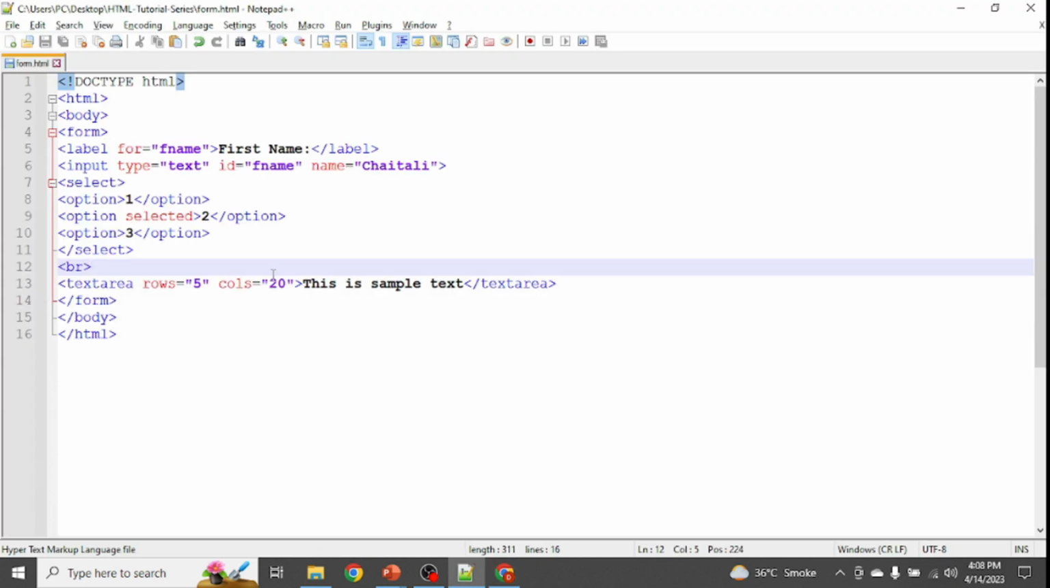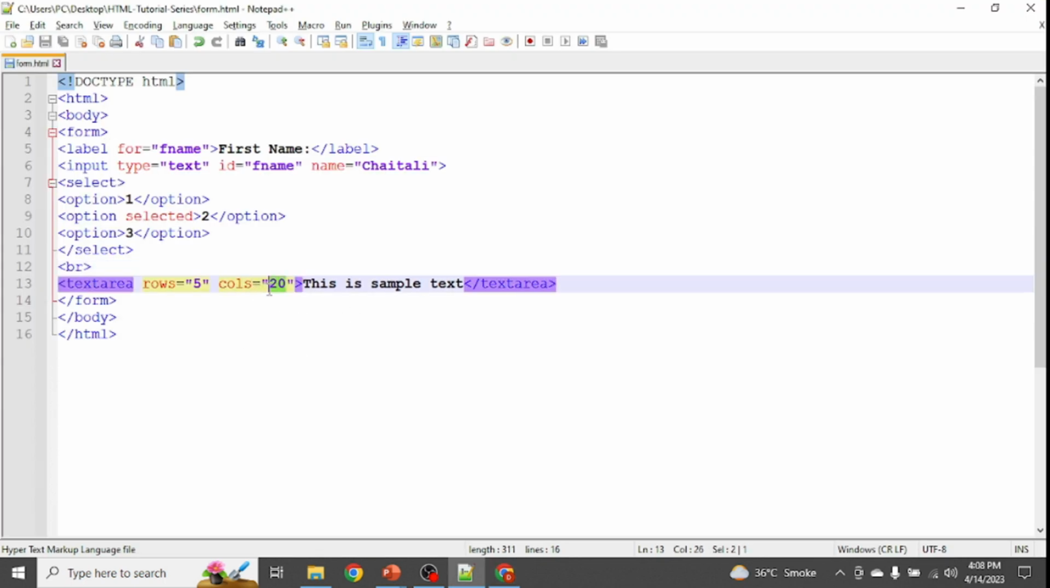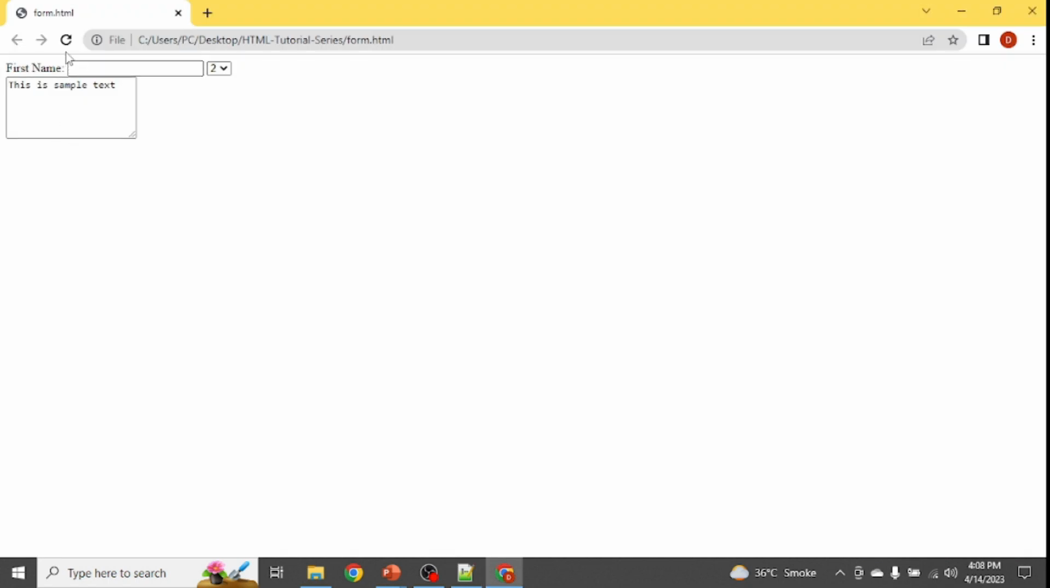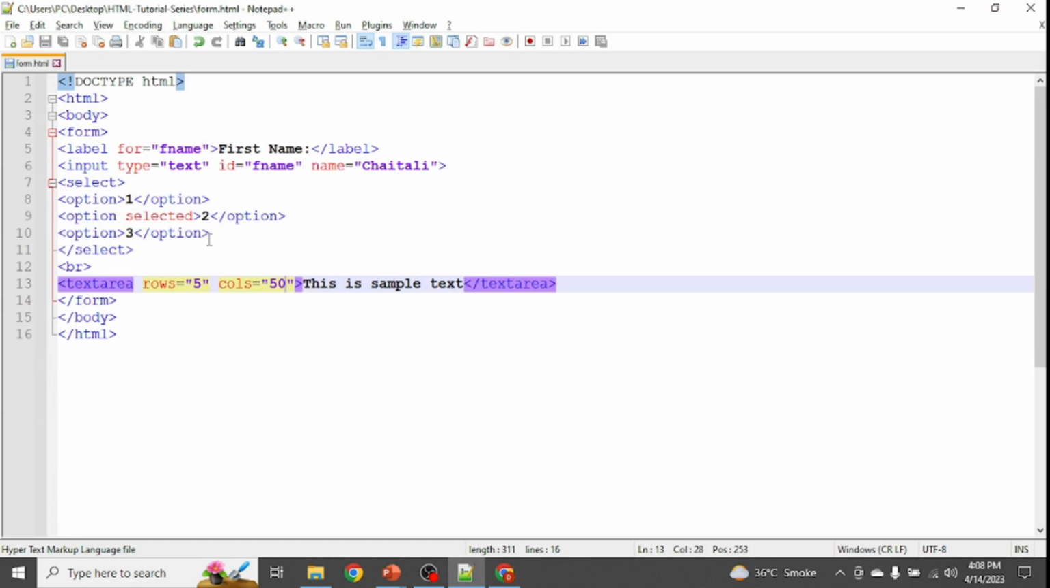If I increase the columns to 50, the width will change. Yes, the width of this area has been changed. This was about the text area. Then we have the